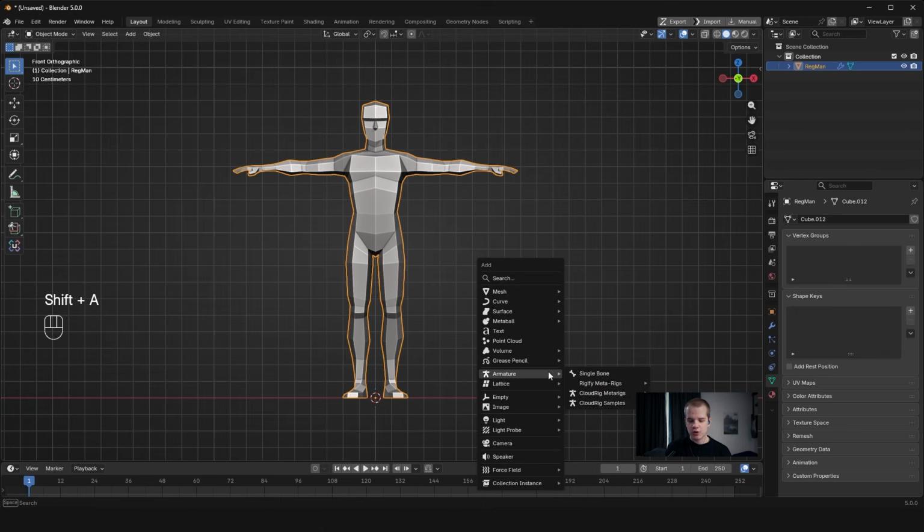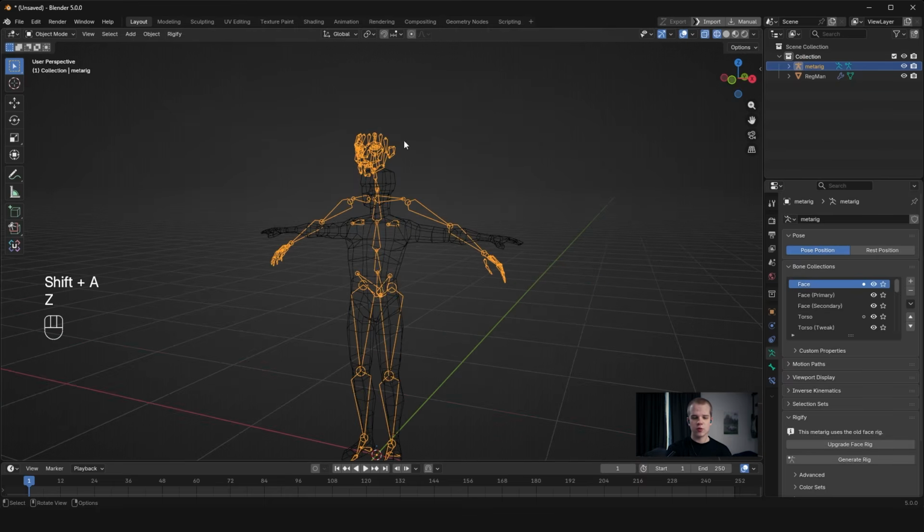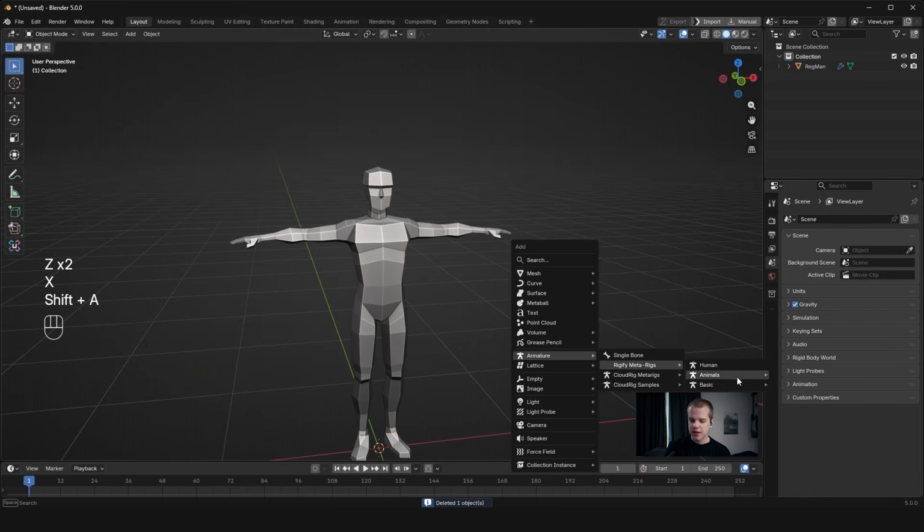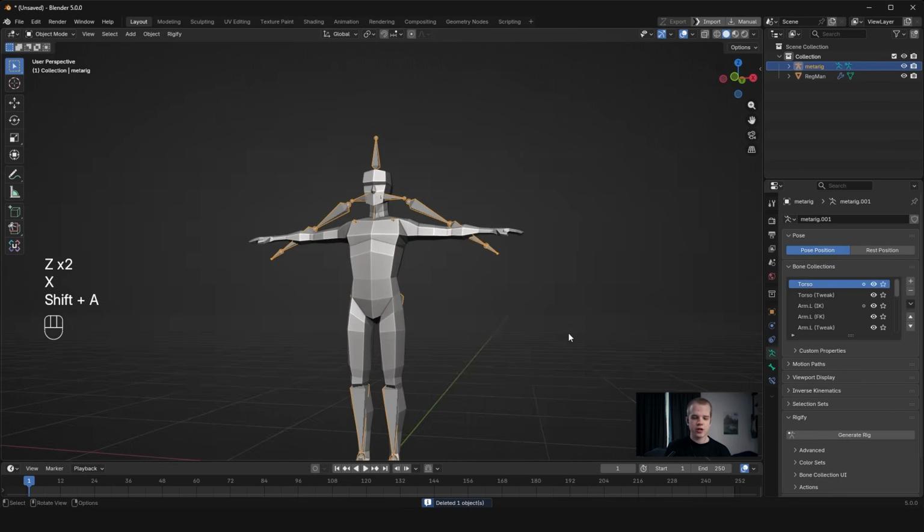So go Shift A, go Armature, go to Rigify Meta Rigs, and don't use the normal human. You see, if we add in human, it has all of these extra bones and stuff, has the whole face. What we're going to do is add a Meta Rig Basic Human, okay? Now, the reason we are doing this is because going through and naming and actually creating this base rig can be pretty difficult. So using a Rigify rig like this is going to basically speed up our whole workflow just by giving us a basic human rig,